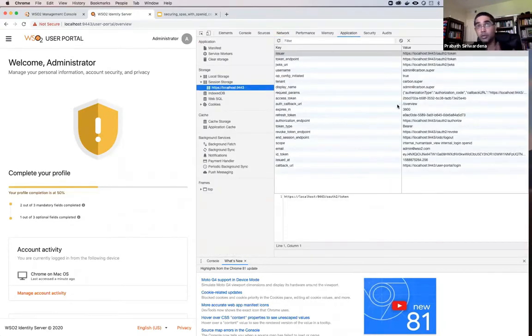We use session storage here because we implement CSRF protection with cookies. Now, let's assume you run some JavaScript in our application. This JavaScript has access to the session storage, so it can figure out what the access token is.